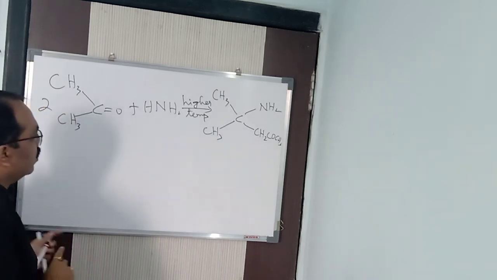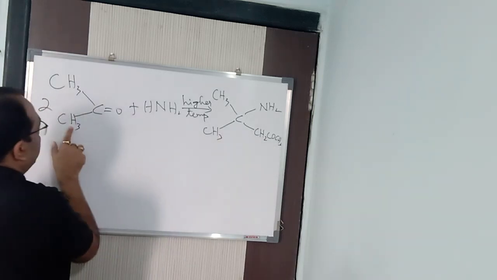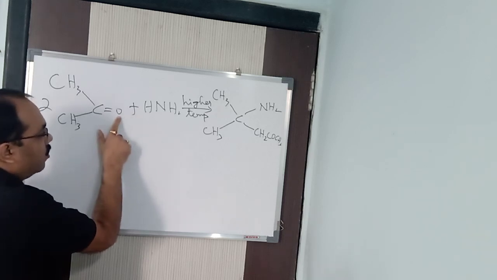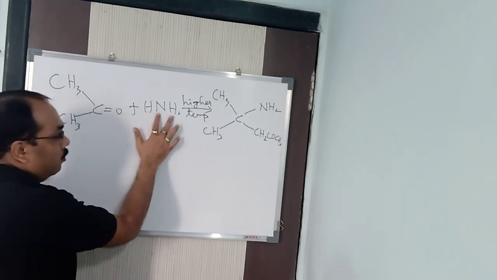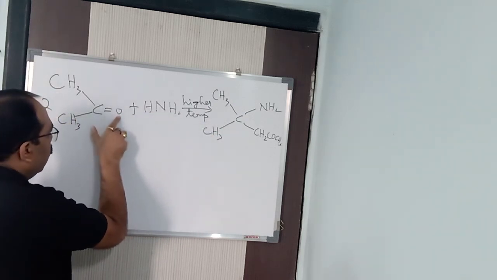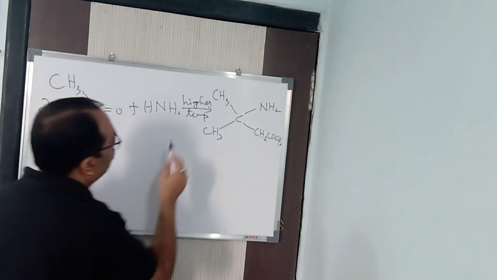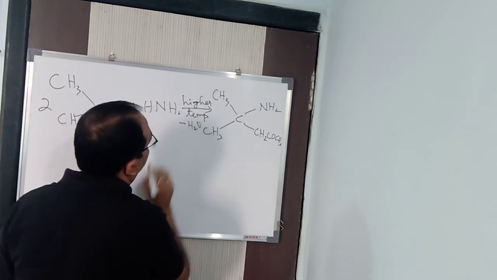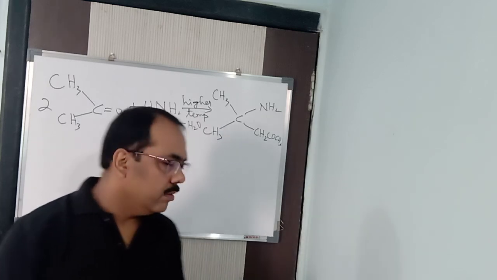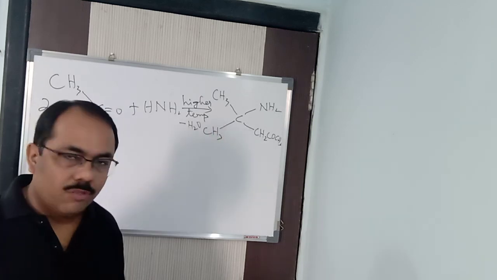CH2, CO, CH3 plus water. Now how water is removed, you see. From here one hydrogen, CH2, CO, CH3, from here one hydrogen. Alright, from here one hydrogen, and 1 oxygen from here. Because you see NH2 group goes, hydrogen is left. Oxygen is not there in the product. So H, O, and from here one hydrogen, or from here one hydrogen, as you wish. So this water is removed. So this reaction also takes place with elimination of water. So this is known as what? Diacetone amine. The product is diacetone amine. We can say that. So this much. Thank you.